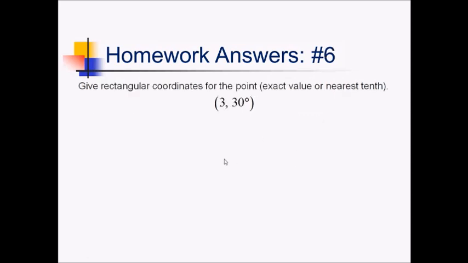For this problem, we're trying to get rectangular coordinates based off of this polar coordinate here. So we're going to do an x and a y formula. The x value is just going to be the radius times the cosine of theta. So we've got 3 cosine of 30 in this case. Now cosine of 30, we know that's root 3 over 2. So this is 3 times root 3 over 2, which we can call 3 root 3 over 2 to make it look a little nicer. So that's going to be the x value of our